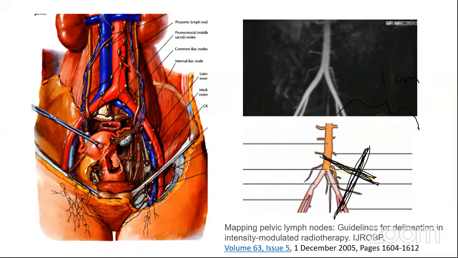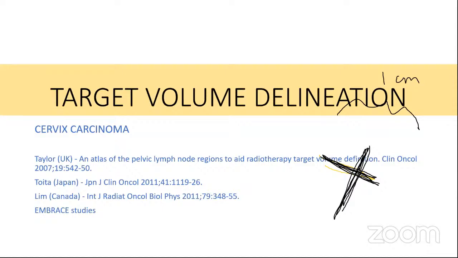If we need to cover 99% of the nodes, there have to be some modifications. They have suggested some modifications at different levels. Let us discuss that as we do the contouring demonstration. So now that we have discussed the MRI features, how the primary tumor appears, the basic principles of identifying a node, and the volume required to be targeted for nodal involvement in a patient of carcinoma cervix,